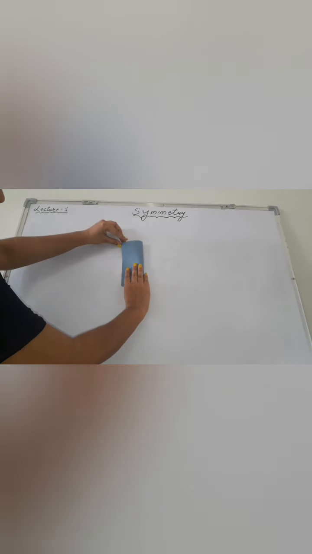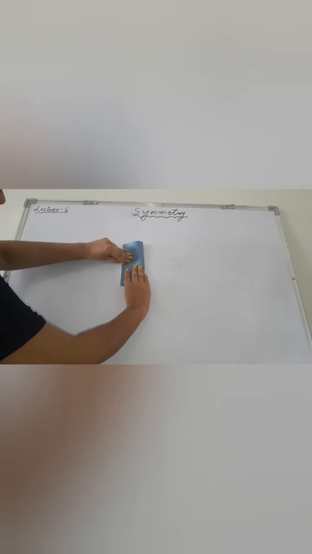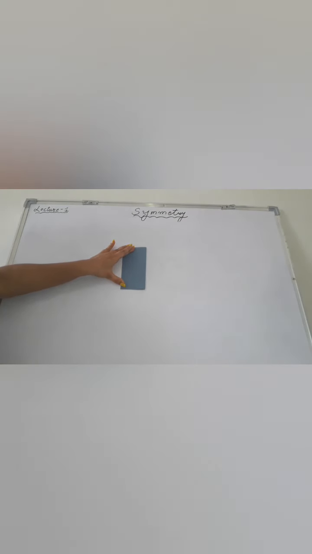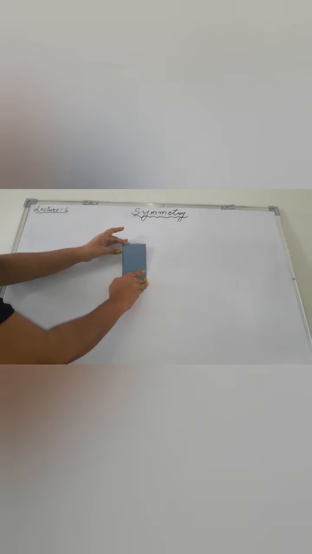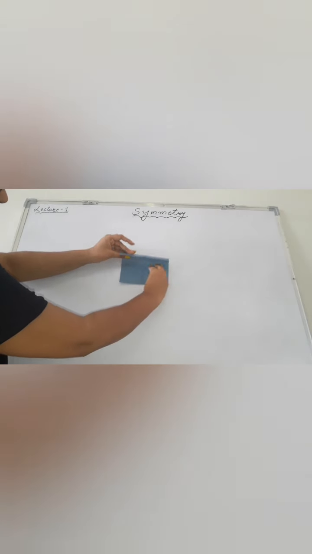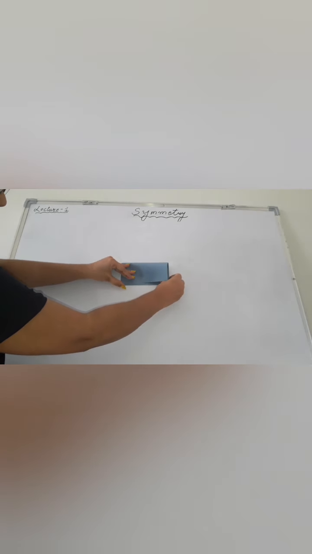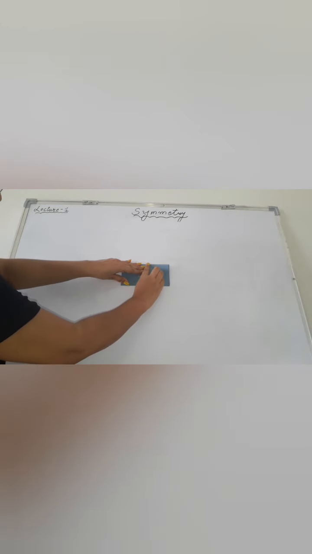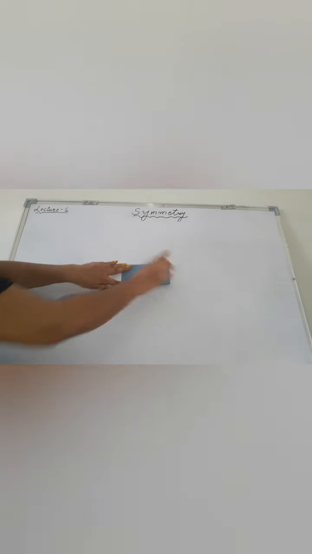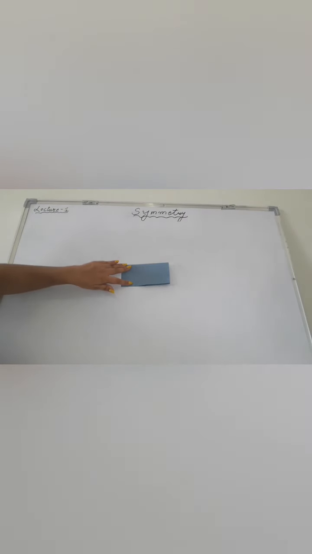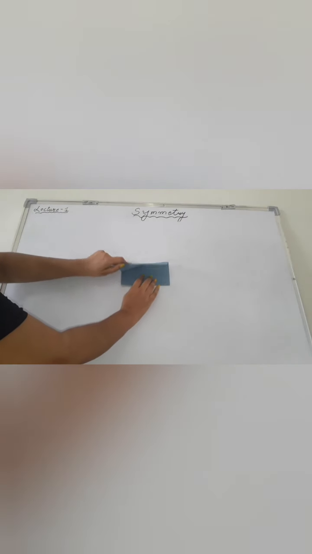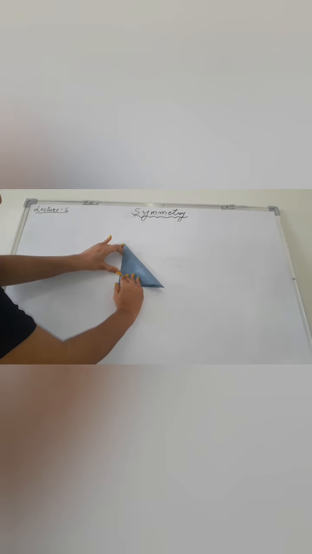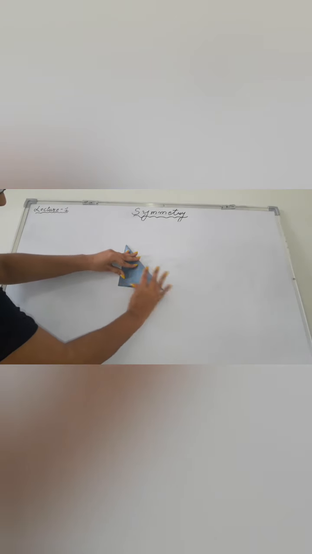If I fold it vertically, then it has one line of symmetry, and when I fold it horizontally, it again has a line of symmetry. If I fold it from corner to corner,